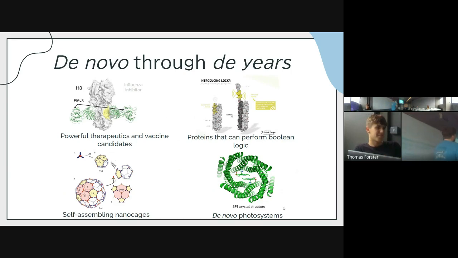So there's been some really cool examples of how this has pioneered lots of little facets of biology. It's been used to make a bunch of cool therapeutics and vaccine candidates. Pictured there is a lab that designed some inhibitors for one of the influenza entry proteins. So they basically modelled exactly where they wanted to bind, and developed a complementary set of residues that would bind